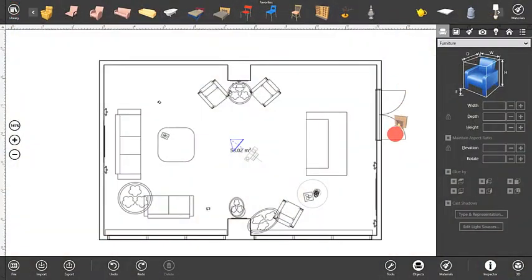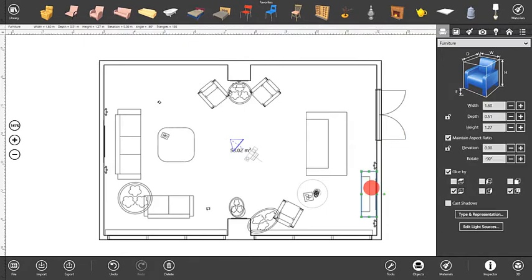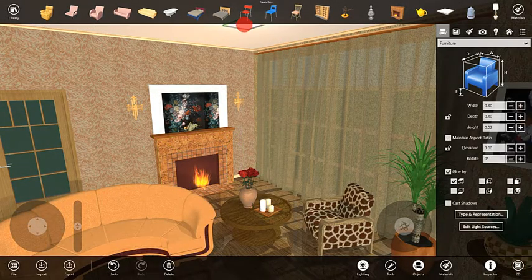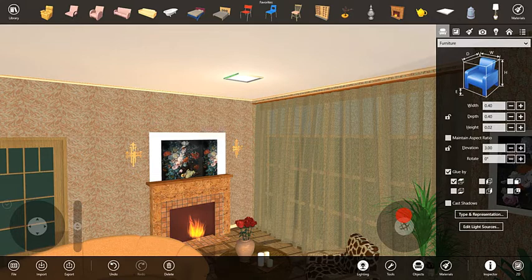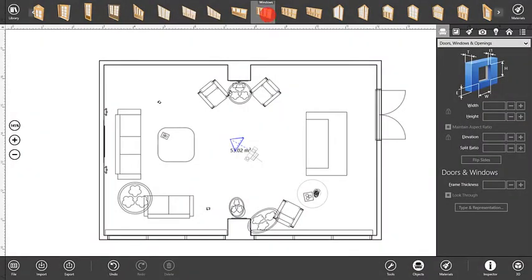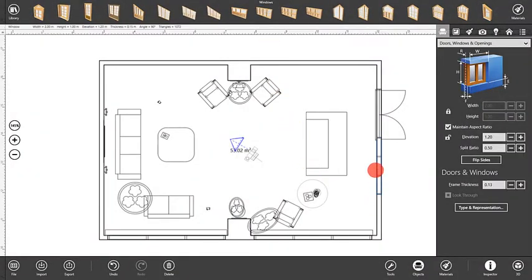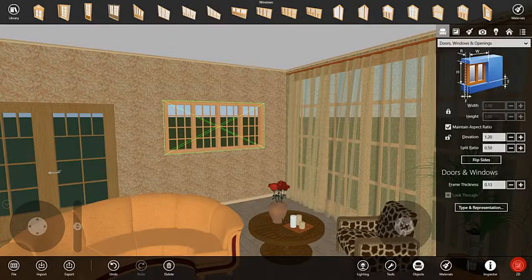Let's add some more objects to our project. You can drag objects and drop them on your floor plan right where you want them to appear. This also works in the 3D view. Did you notice that the lamp is automatically stuck to the ceiling? This is because furniture objects have what is called a glue options feature that makes sure they stick to the correct surfaces. When you drag and drop a window or door into the 2D or 3D view, it is automatically snapped and inserted into the wall.